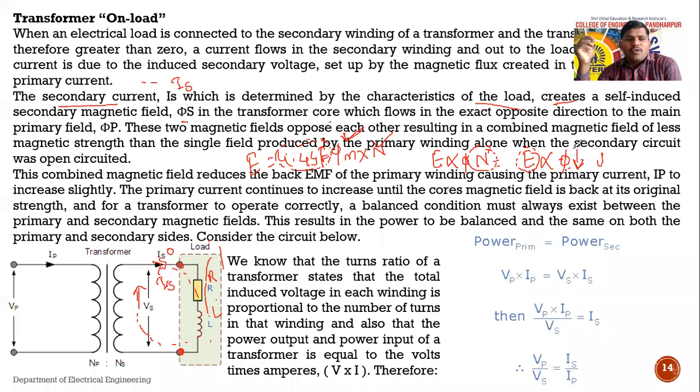So for the transformer to operate correctly, a balanced condition must always exist between the primary and secondary magnetic fields, resulting in the power being balanced. The power in the primary circuit and the power in the secondary circuit remain the same. See here the sentence is given: balanced power, the same on both primary and secondary sides. I will explain this in detail. So here the power equation can be given: power at the primary is equal